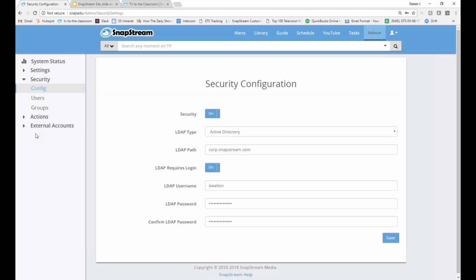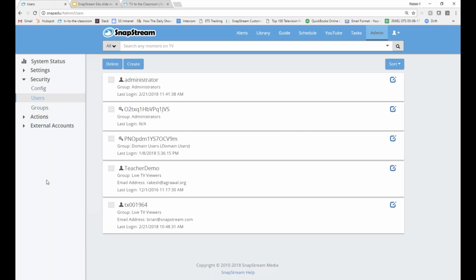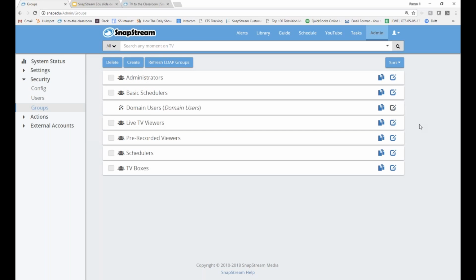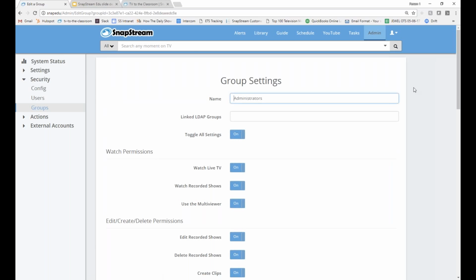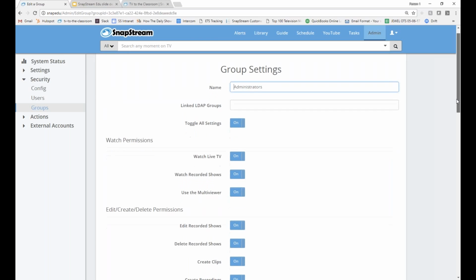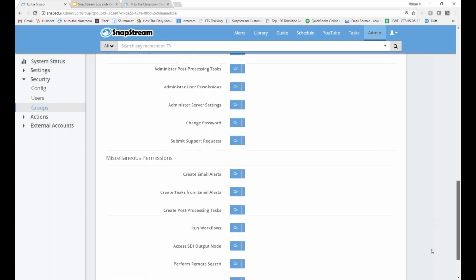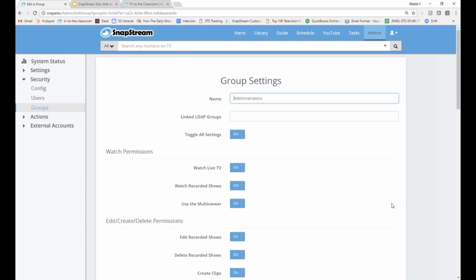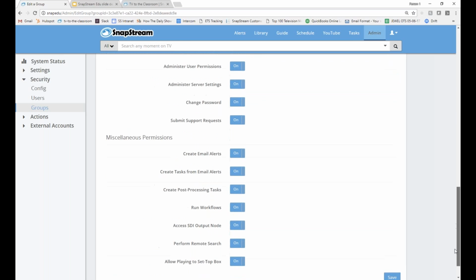Now, the great benefit behind that is that I can put different users into different groups, or they may already be configured into various groups based off of other things that are done in the organization today. And then those different users and groups are related to different permission settings. So in my permission settings section up here under administrators, you see that pretty much I've comprehensively said that my administrators group can do anything that they want to in this system.